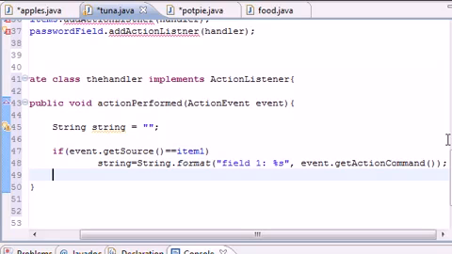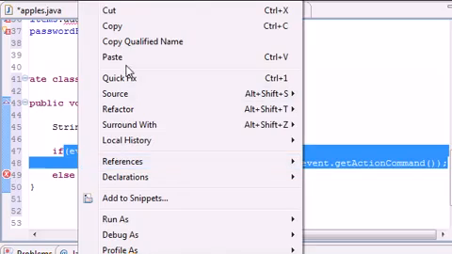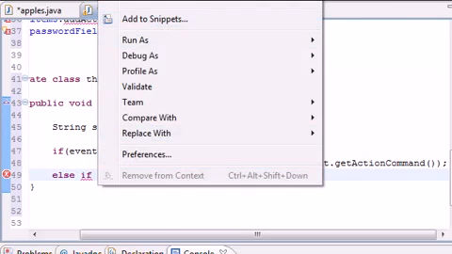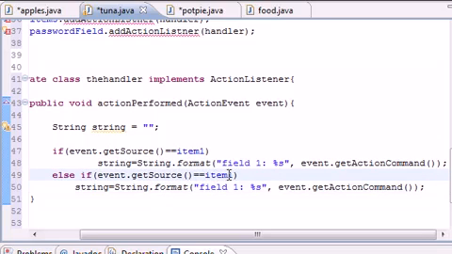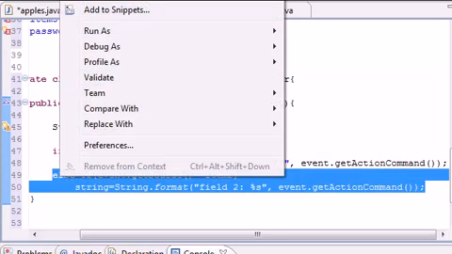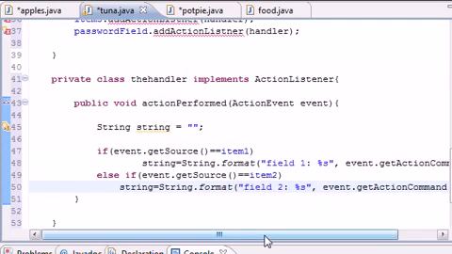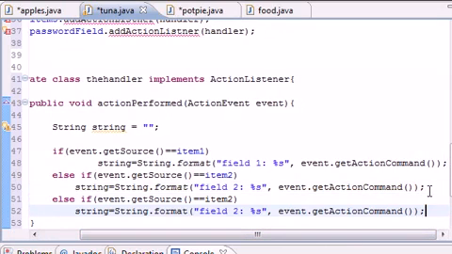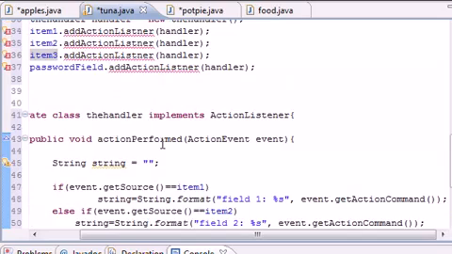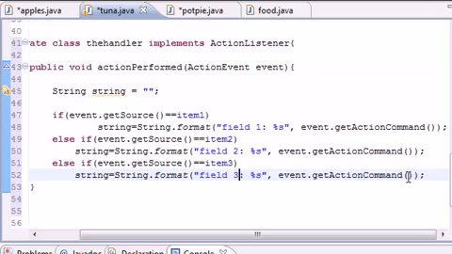The next thing we're going to do is build 3 else ifs. So else if, and just go ahead and copy this, paste, in event 2, field 2, and we'll get the action command for that. Now let's go ahead and just copy this one more time. Copy, and make sure my cursor's in the right spot. Oh cool, it's messing up. Cool. And paste. If event get source equals item 3, then we just want to output field 3 equals that. And now what we want to do lastly is put else if,